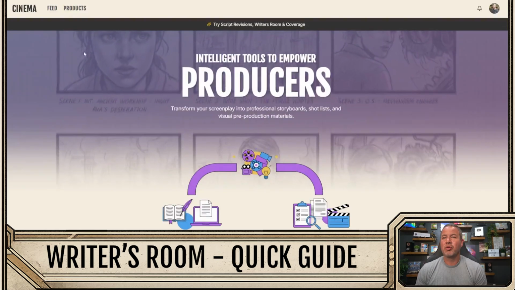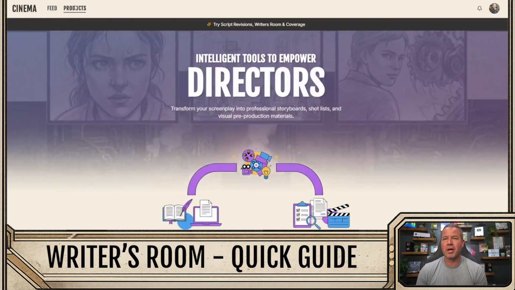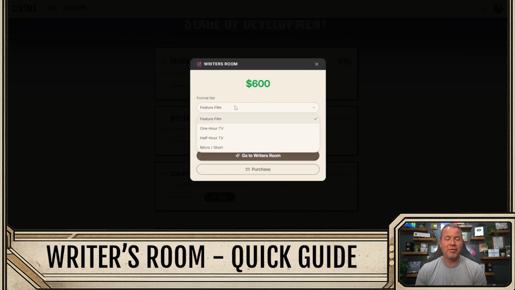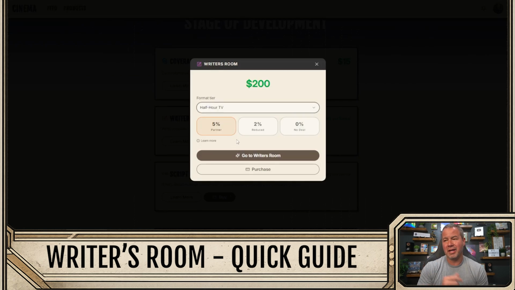If you're on the website here, the easiest way to get there is go to Products, and then you're just going to scroll down to Writer's Room and hit Buy. You can select what format tier that you want to use within Writer's Room, whether it's a 1-hour TV pilot, a half-hour TV pilot, a full-length feature film, or a micro short. We're going to go ahead and use half-hour TV pilot just for this little demo,